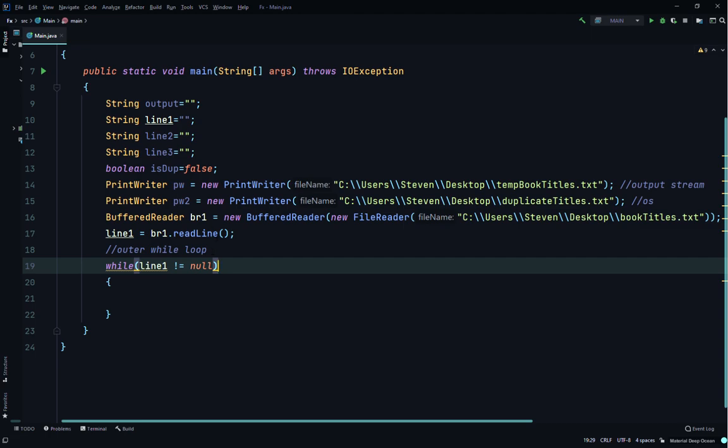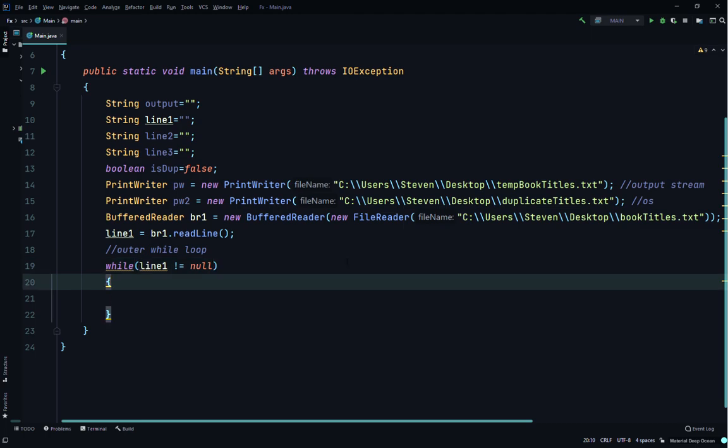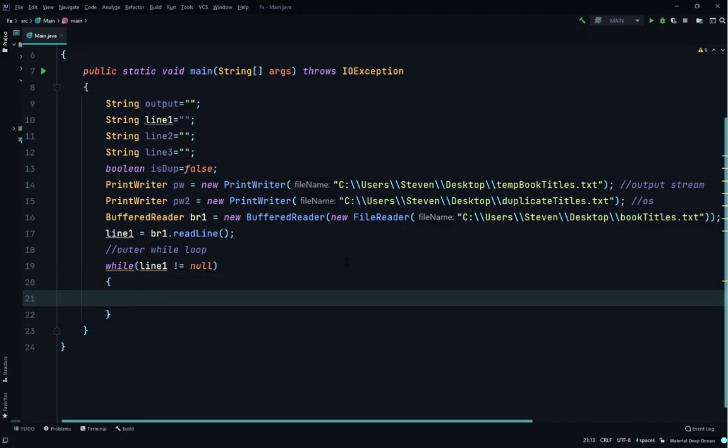So it's going to read the first line and not the next line. So it's going to say while line1 does not equal null, so while there is a string for line1,